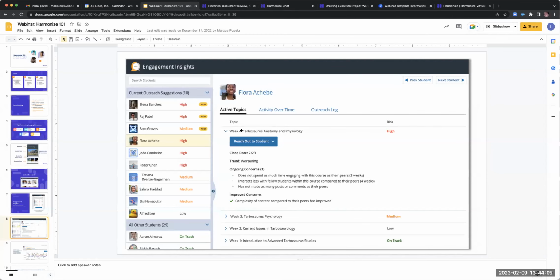We still have 1, 2, 3, and 4 all open. She was on track. She was a low risk. She was a medium risk. Now she's a high risk. Our goal here is for you to be able to click this reach out button and do one of a few things: privately reach out, email, chat, whatever, or jump into that discussion topic and go to some other student's